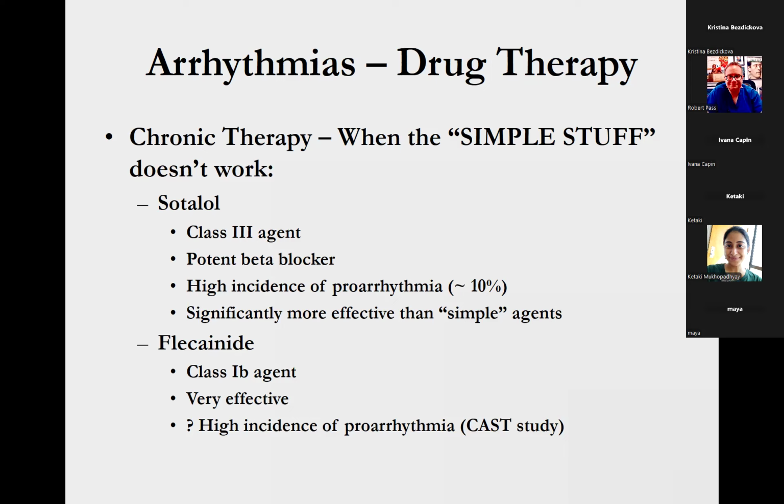And in the CAST study, what essentially came out was that if you had coronary artery disease and you were on flecainide, on average, patients died more commonly than those who had the same level of coronary artery disease but were not treated with flecainide. So as a result, flecainide sort of got a black eye because of the demonstration that there was increased mortality. In fact, I think the study was stopped early because of that.